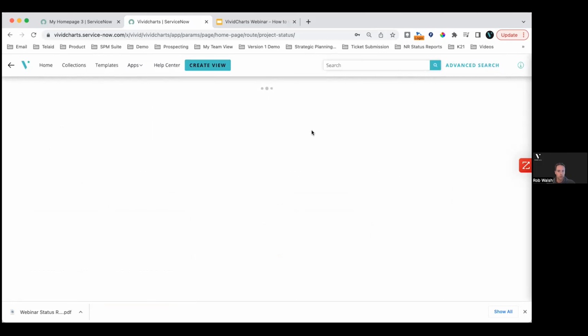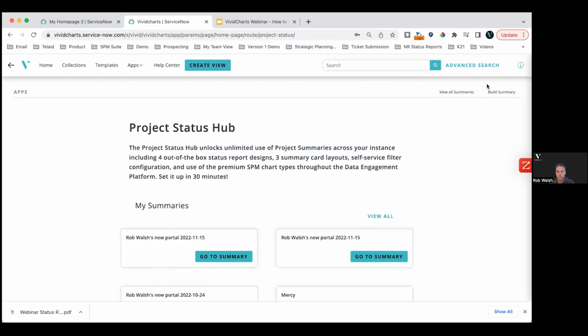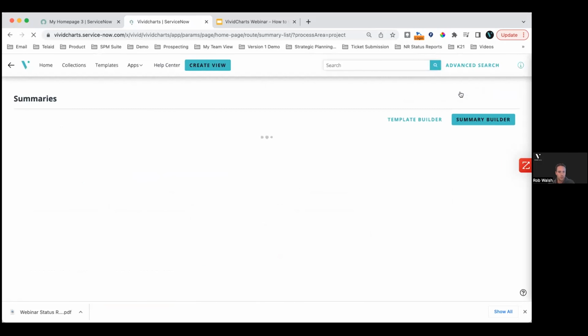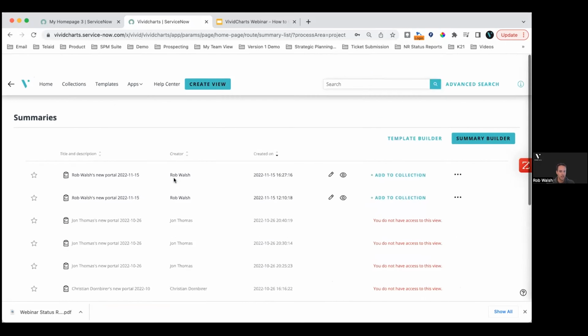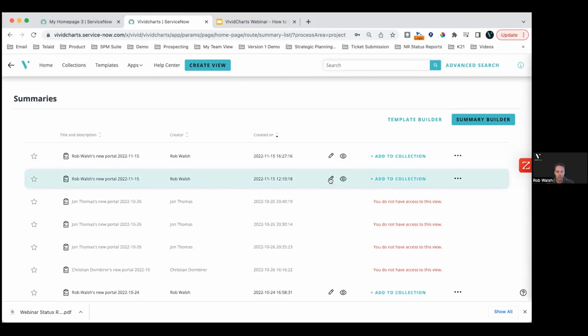Go back over into our project status hub. And I'll show you what a set looks like in a bundled format. We'll go to view all summaries. And so this is going to show me all of the summaries that I have built for previous demonstrations or events. So we'll just go to,